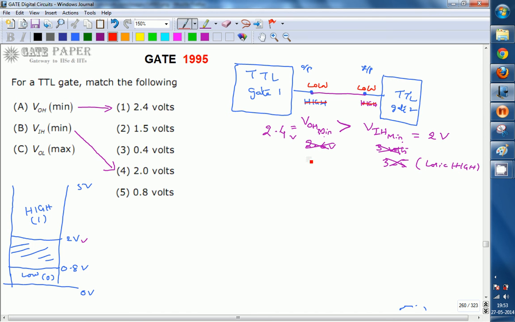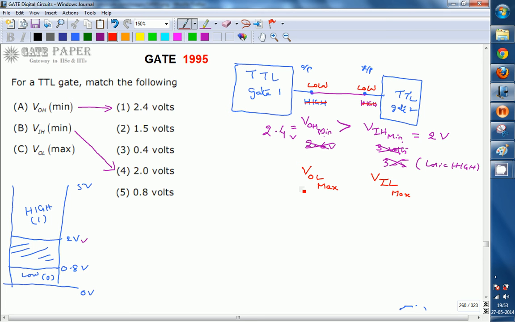By that time we are going with the notations like this. Low level implies VOL at the output side, and at the input side VIL, and this will be treated as maximum. So VOL maximum and VIL maximum. The meaning of VIL maximum is the maximum acceptable input voltage that will be treated as low level. So under low level condition, VIL maximum is the maximum voltage that will be treated as logic low level. Anything greater than this will be considered as undefined region.